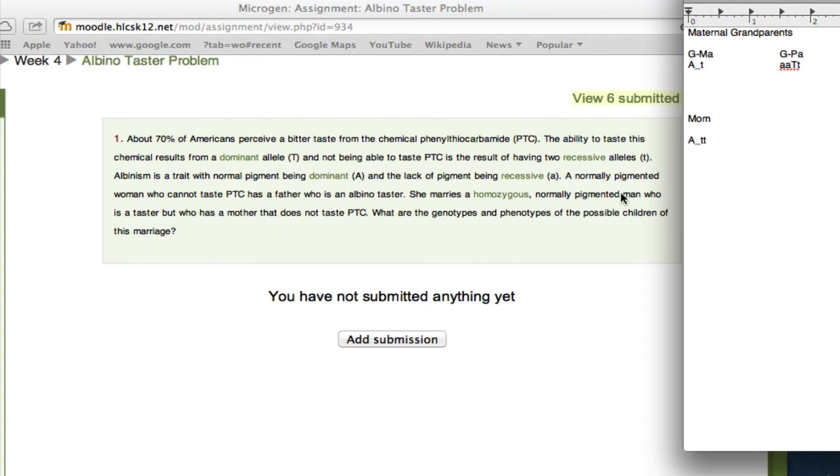So that's how you kind of tackle this. Now, I'm not going to go through the next one. I'd like you guys to try and figure this out, but I will tell you at the end of this whole thing, you're going to have a dihybrid cross. When you have to figure out the possible genotypes, which are the letters, and the phenotypes, which is what they look like, of the children, you're going to have to do a dihybrid cross, because you've got two different traits. Di means two. You've got skin tone, and you've got tasting ability. That's two traits. And then you'll do a dihybrid cross, just like I did for some of you guys in class, and it would be